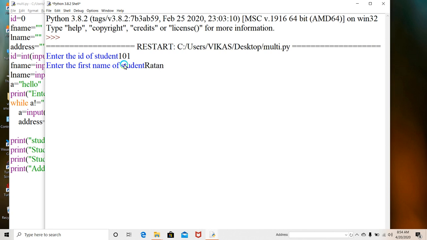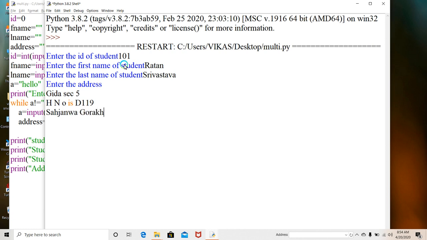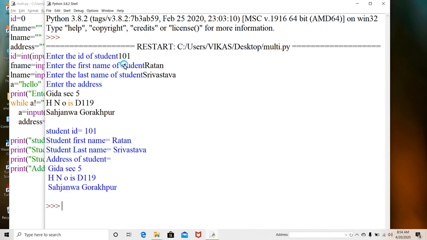First name is Ratan, last name is Srivastav, and for the address I am writing Gida sector 5, house number is D119, Sajanwa, Gorakhpur. Clear? And again enter. Look here, it has taken the multiple line input and all these things.